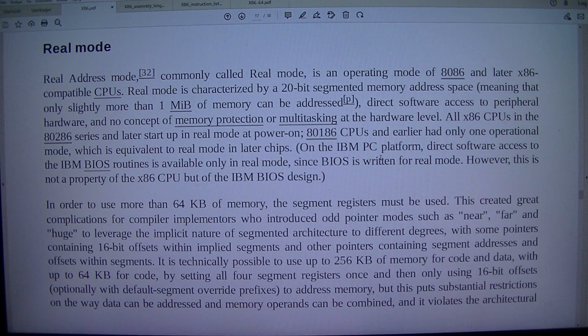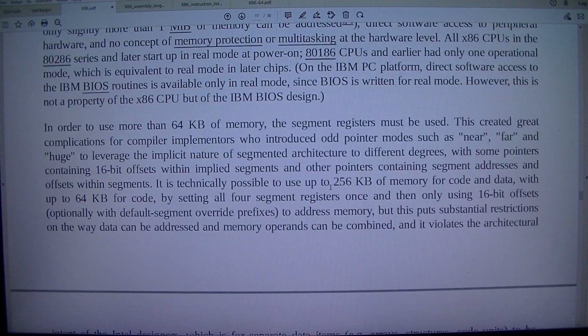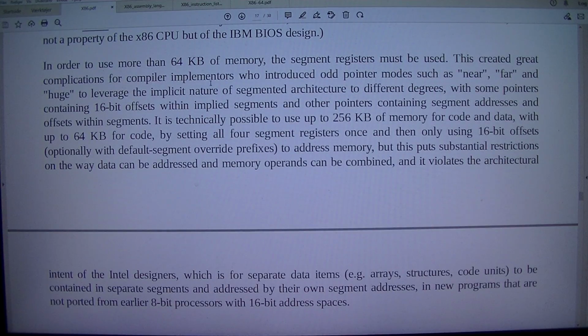On the IBM PC platform, direct software access to IBM BIOS routines is available only in real mode, since BIOS is written for real mode. However, this is not a property of the x86 CPU but of the IBM BIOS design. In order to use more than 64 kilobytes of memory, the segment registers must be used. This created great complications for compiler implementers who introduced odd pointer modes such as near, far and huge to leverage